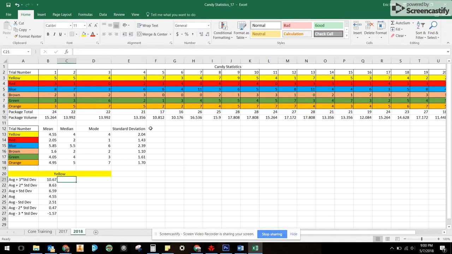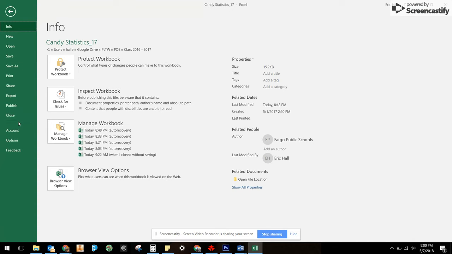What we need to do is we need to double check that Excel is set up to do our histogram for us. Once again, Excel is nice. We don't have to do much of anything. It'll be actually quite easy to finish this out. So before we can figure out if it does this for us, we need to go up here to File and go into our add-ins, which is underneath Options. So go to File and then go to Options